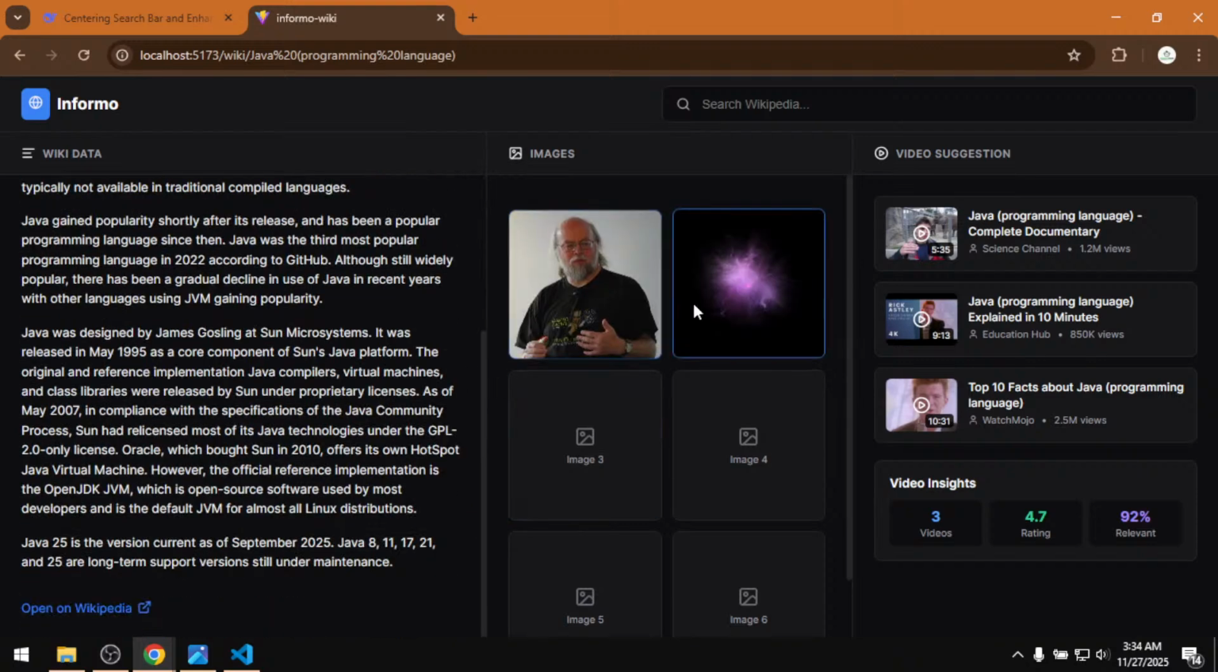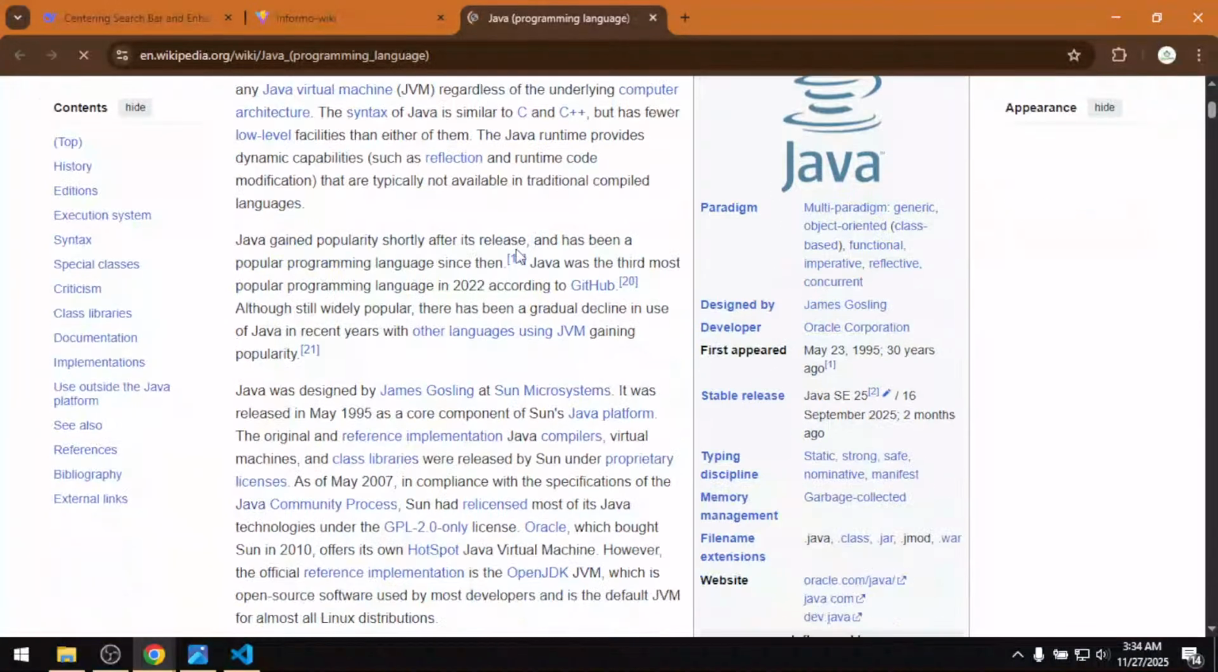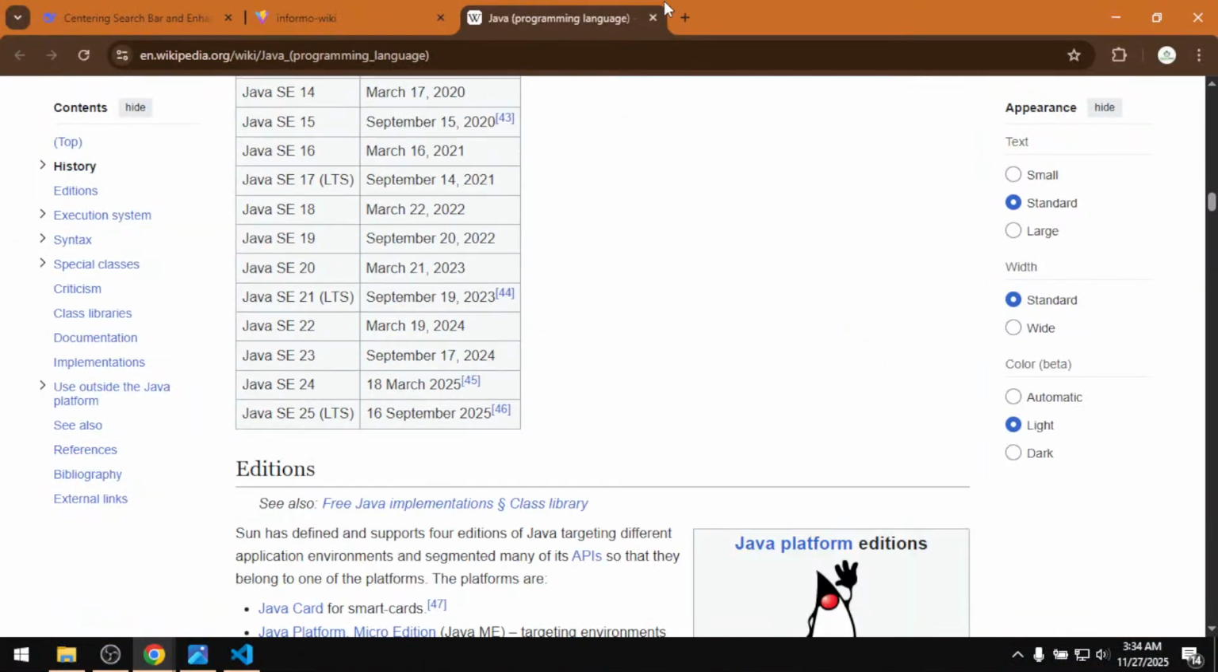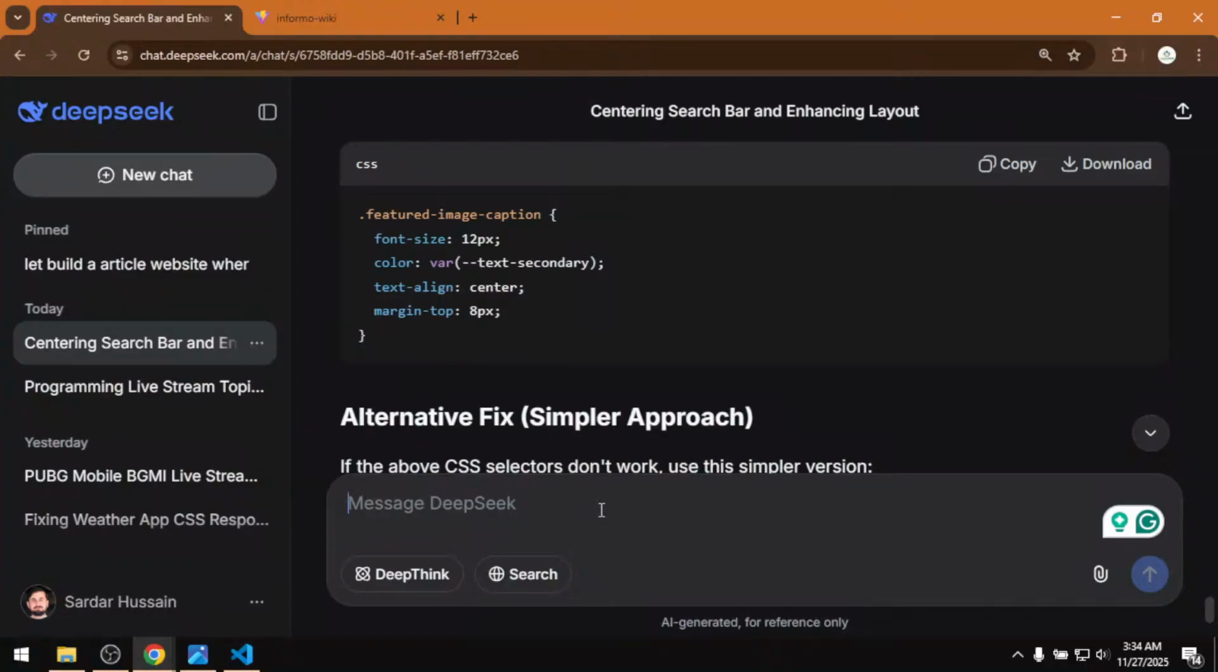and it only gets 2 images, not 1, 2, 3, 4. That's the problem. And open on Wikipedia. When I click on open on Wikipedia, okay, let me just tell it, can we show the whole article of Wikipedia,